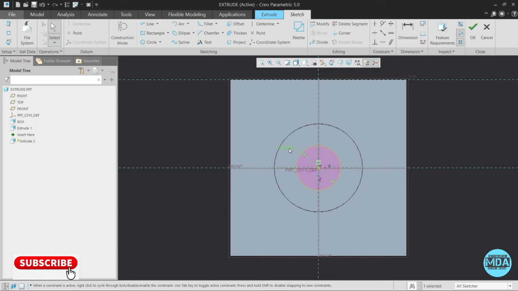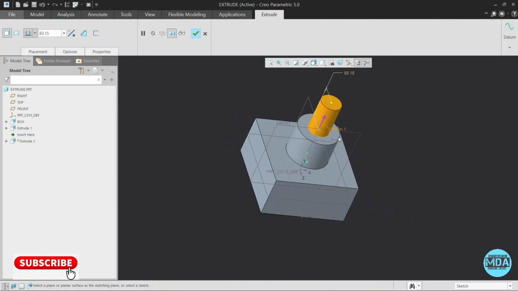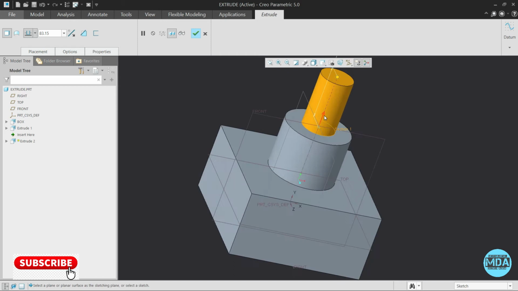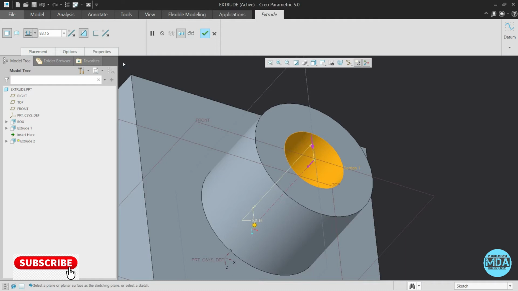In the last command we added material, so now we will remove the material. So select OK. Now it is added material, so select the arrow to flip the direction, and automatically the material removal is selected. Here you can see the material removed. In the same way you can choose the